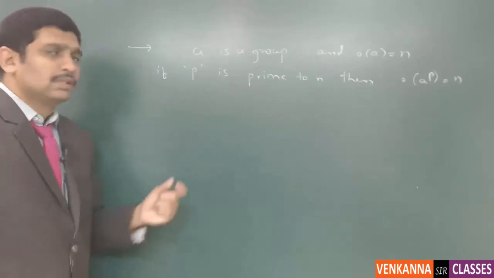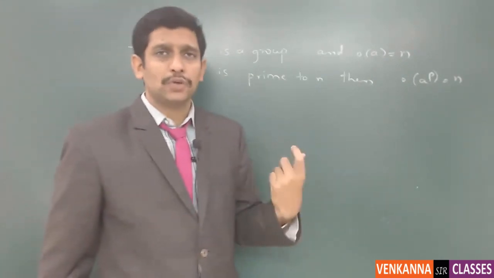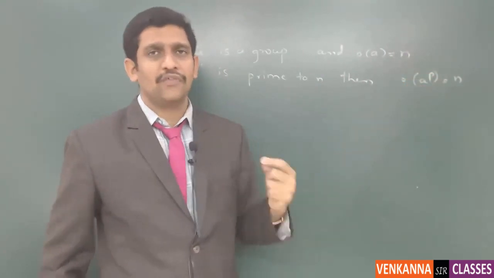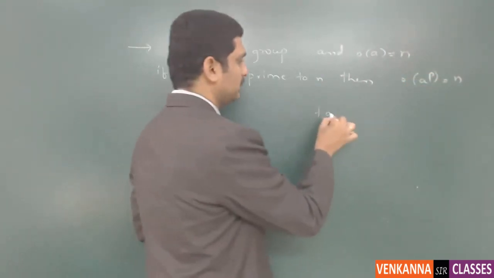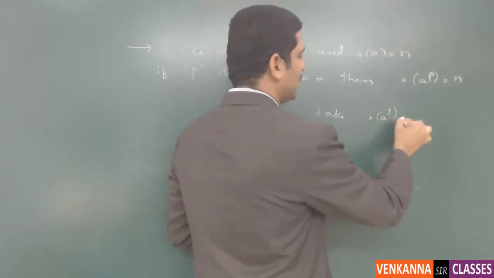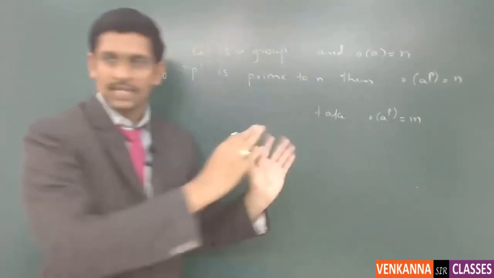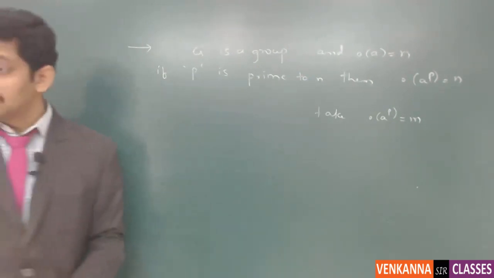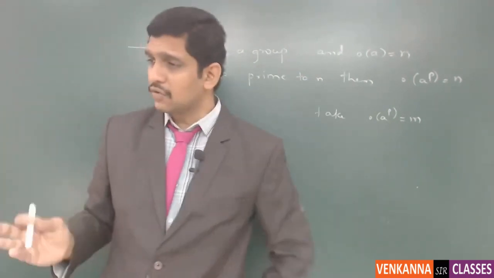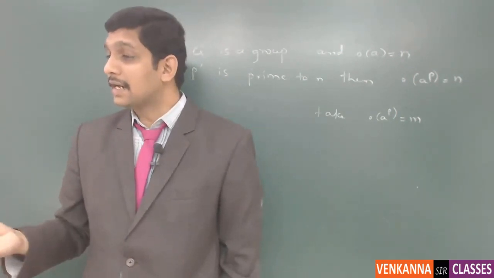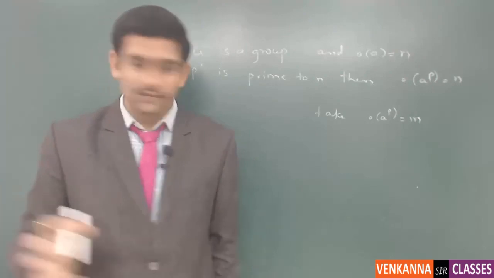So since we have to show that the order of A power P is n, first of all, let us take that the order of A power P is m. Let us assume that. Please understand, if n is equal to 5, P is equal to 3, that case is generally not possible, even though if you say,